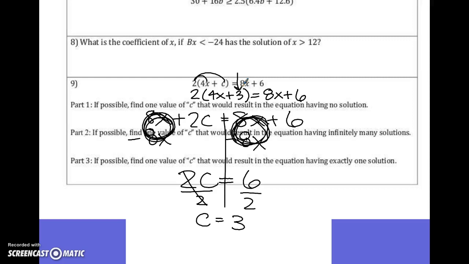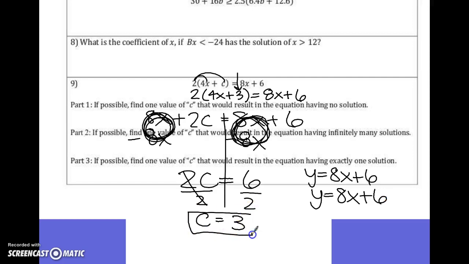That means if I were to graph this, both equations are 8x plus 6, and I get one line, and so there'd be infinite solutions. In this case, I want no solution. Therefore, I make this value something other than